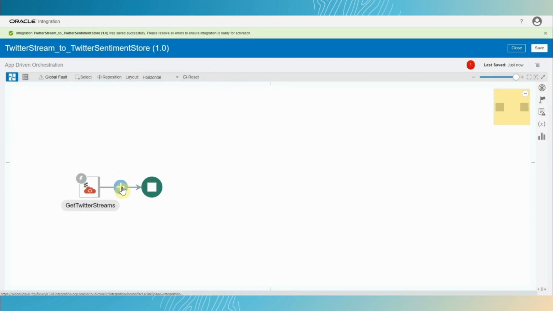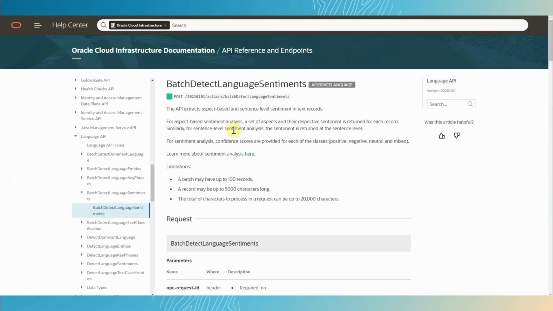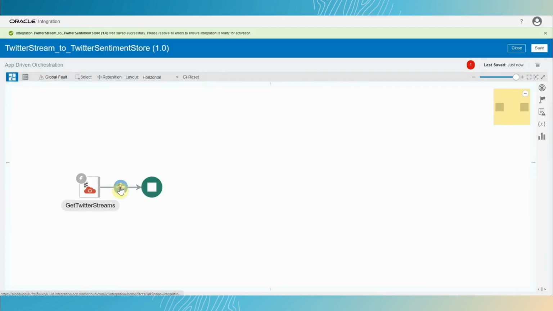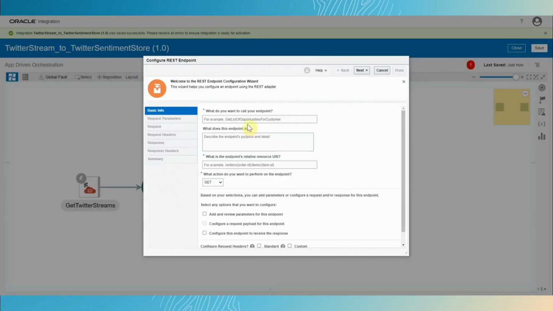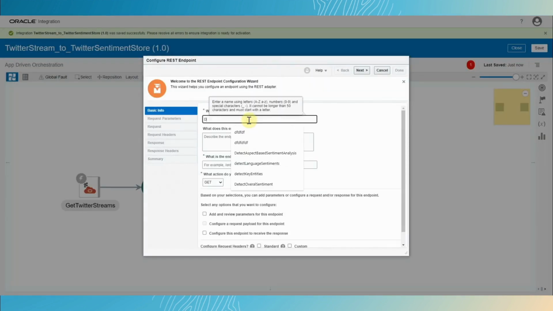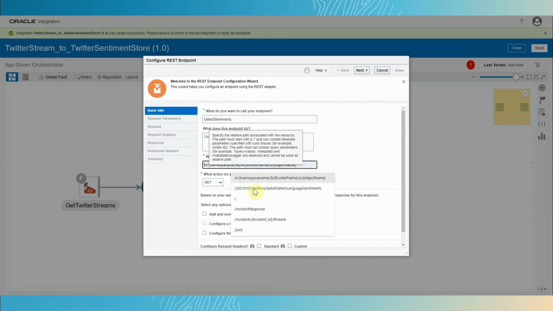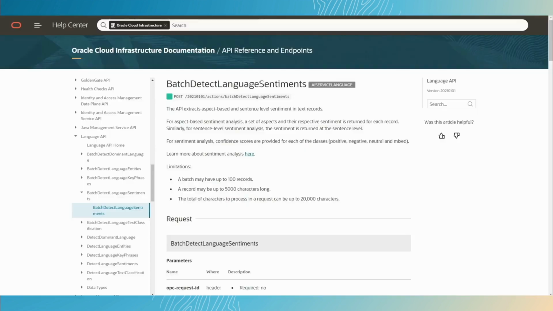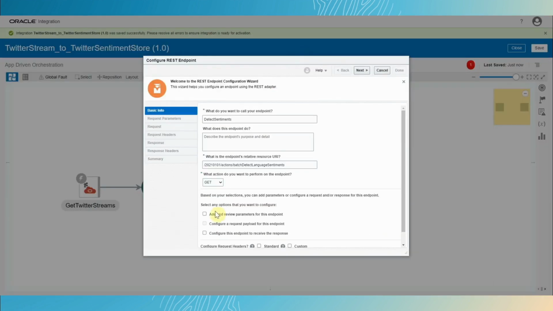The next thing is to apply the language sentiment analysis. How do we do that? We use this API. So we connect to our batch detect language sentiment API. I'm going to call this detect sentiments. Here, if you check the documentation, this is the path, the URL for that API. That's what I'm putting there. Then I just need to check on post,